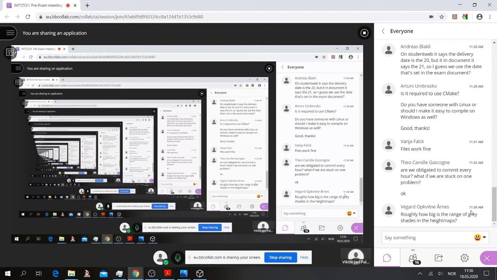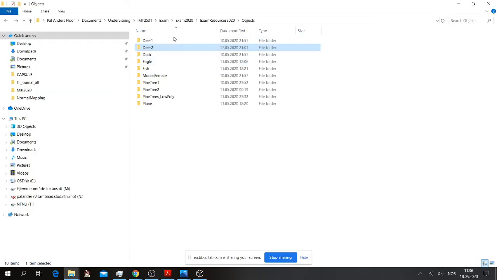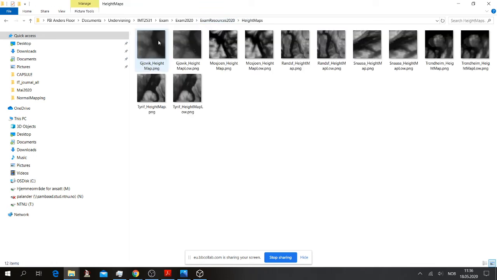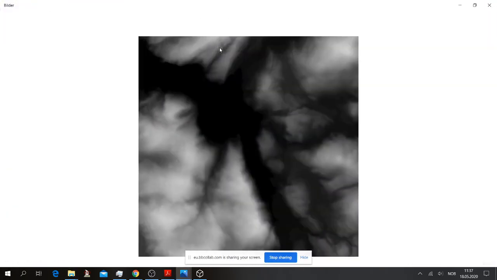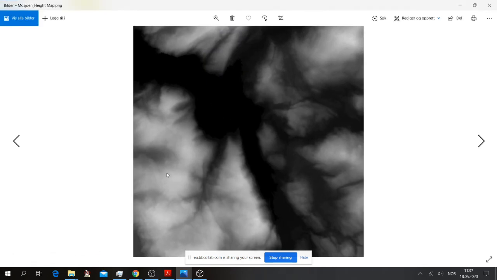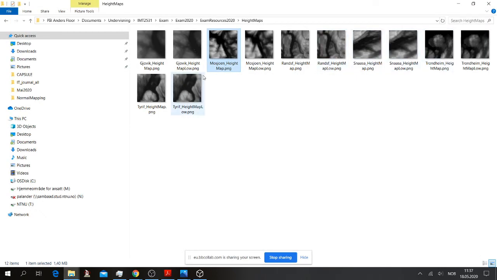It depends a bit. You see that the one, for example, from Gjøvik depends on the difference between lowest and highest level. So if I go into that file, you can see Gjøvik goes from the lake up to the highest hills, which is in this picture roughly 500 meters. So from about 180 to 500 meters. This map is more extreme. It goes from sea level up to about 900 meters. So you see that you go from a lower to a higher. So it really depends on the profile here.